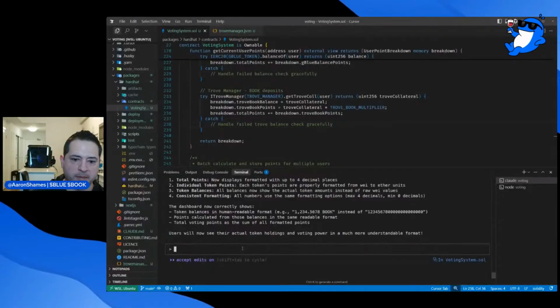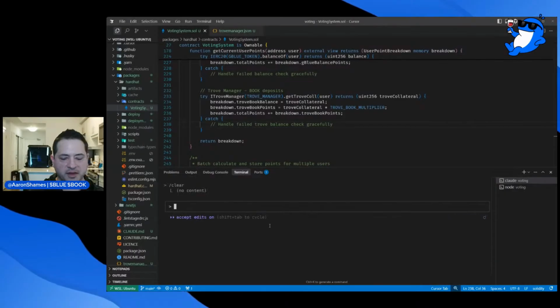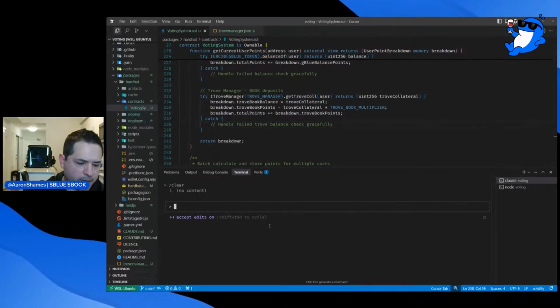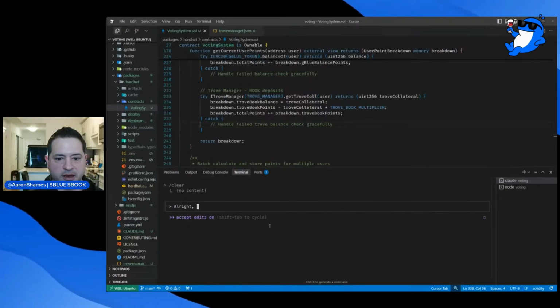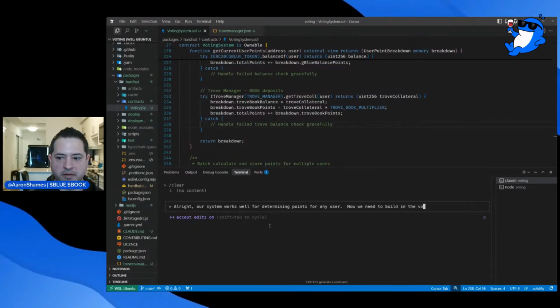That all looks great. So let's clear this, and we're going to go back into the smart contract dev now. All right. Our system works well for determining points for any user. Now we need to build in the voting